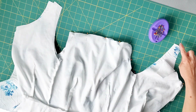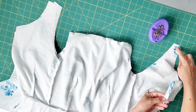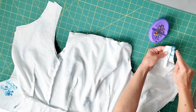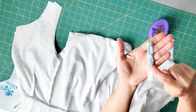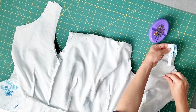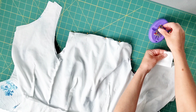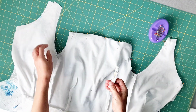Once you get to the high point of your back piece, grab one of your straps and center your strap with that piece so that it's right sides together with your right fabric, and the crease of the strap that we centered at the back should be facing you. And sandwich that within your lining and pin in place. Do this for both straps and back pieces,